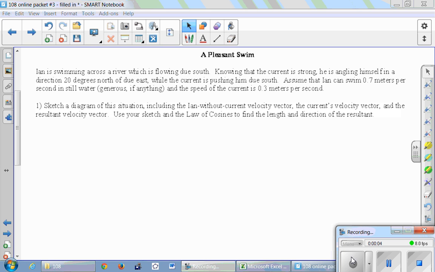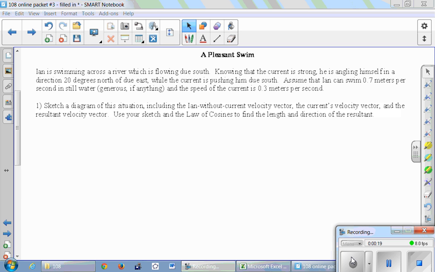Ian is swimming across a river which is flowing due south. Knowing that the current is strong, he's angling himself in a direction 20 degrees north of due east, while the current is pushing him due south. Assume that Ian can swim 0.7 meters per second in still water, and the speed of the current is 0.3